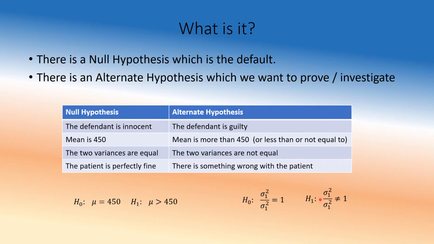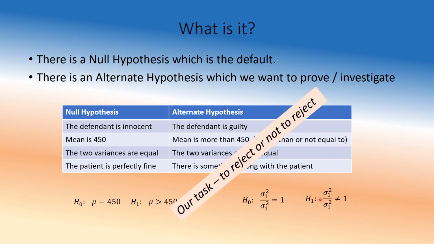So now, next stage. What is our job here? Our job here is to take sides, either this side or that side. Reject the null, that means you're on this side. Don't reject the null, that means you're on this side. Now keep in mind, we do not say we accept the null. That's technically not right. Just because the doctor said the patient is perfectly fine does not mean the patient is fine. If the defendant is not found guilty, it doesn't mean that he or she didn't commit the crime.